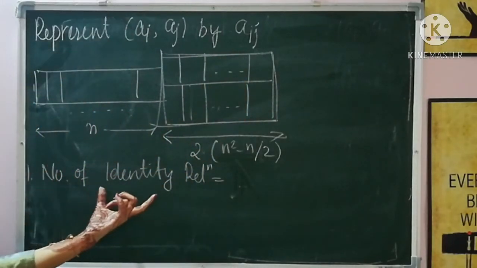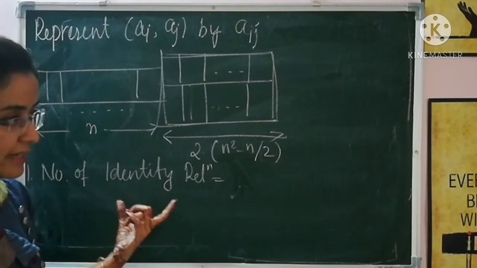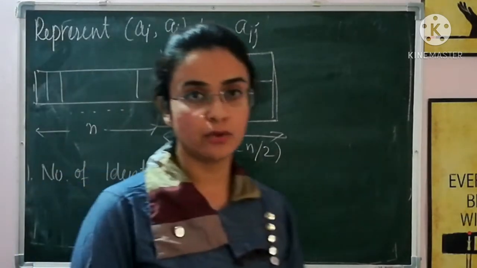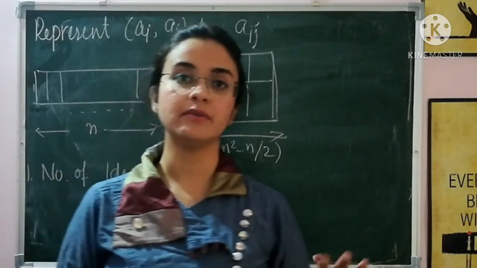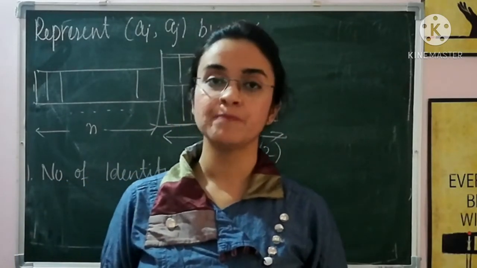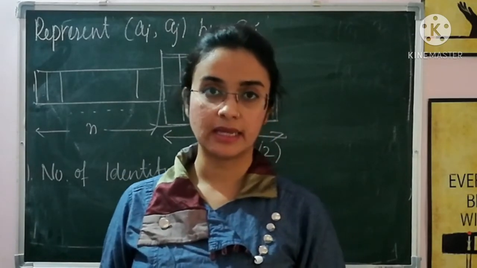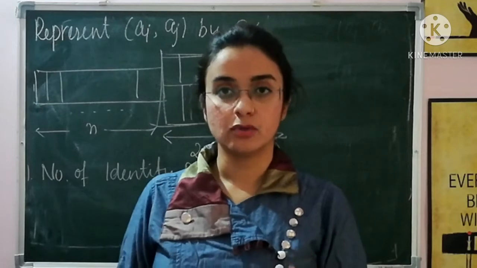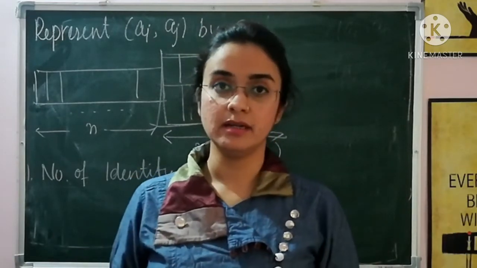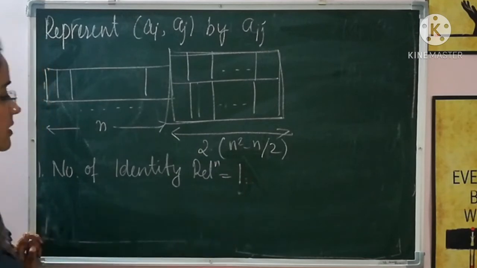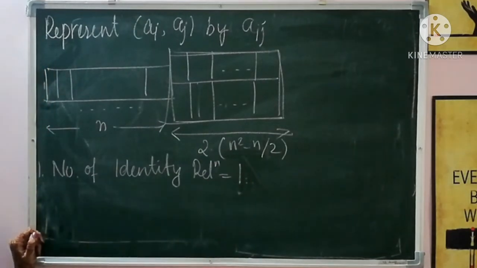Now the very first thing, type A relation, which is the identity relation. In order to count the identity relation, you need to pair every element with itself only. And how many ways can you do that? In one way, there is just one simple straight way: relate every element with itself and nothing else, and you will get an identity relation. So given any set, the number of identity relations will always be 1.